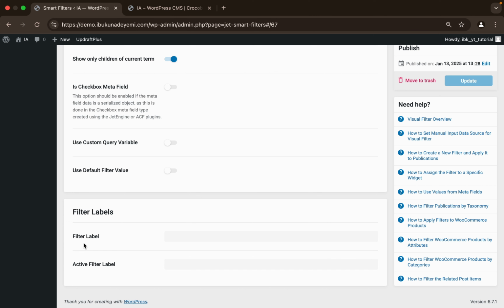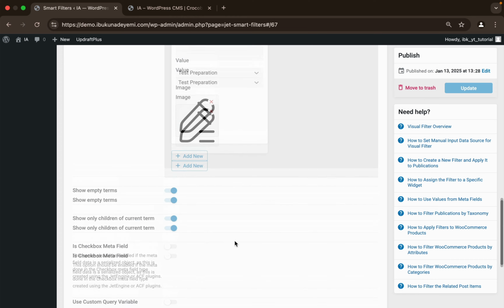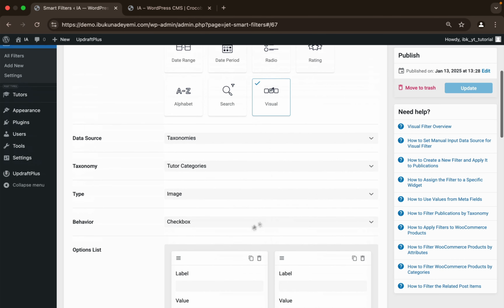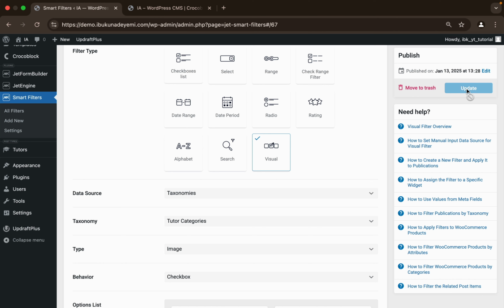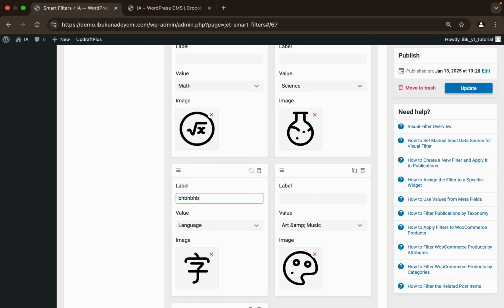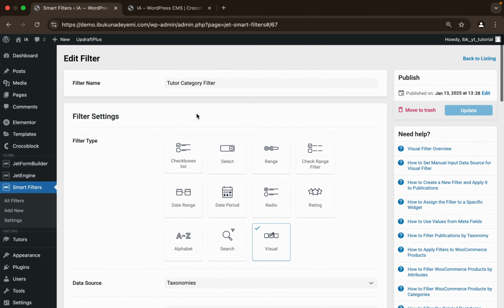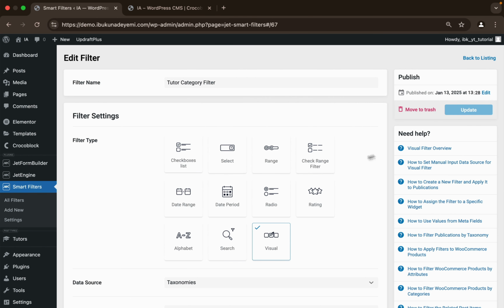We can insert filter labels if we need to, or just leave it blank. So after you update all of this, you're going to click on update here. This should not be disabled. For example, when I change something here, then you should be able to have the update option. So just hit update and your whole content should be updated, or let's say published, because you're doing it